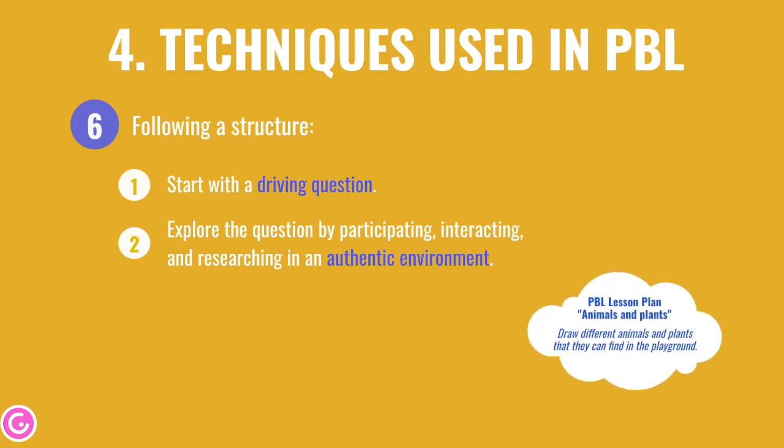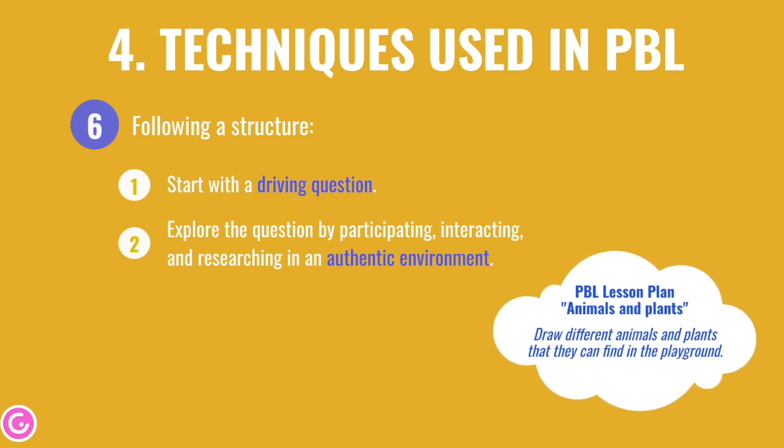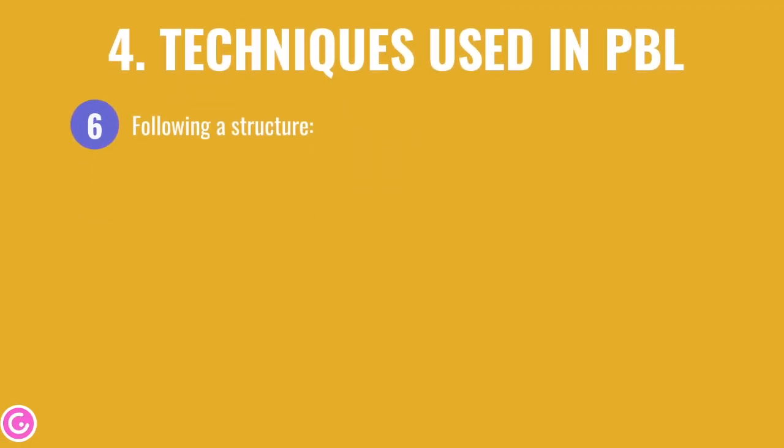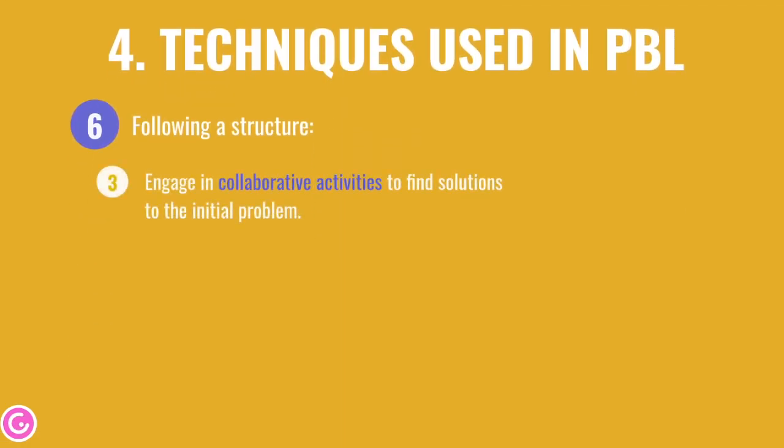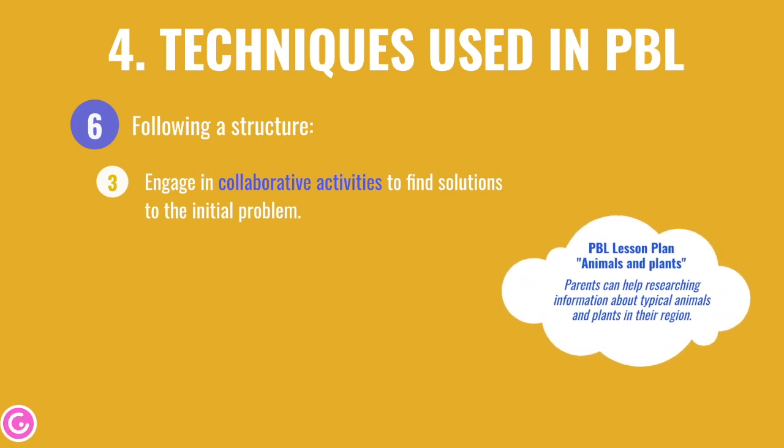In the same PBL lesson plan of Animals and Plants, a way of exploring the driving question can be: students will take their field notebook and draw different animals and plants that they can see in the playground. Third, the stakeholders involved can also participate when finding solutions to the initial problem. For instance, parents can help in this lesson plan when researching information about typical animals and plants that they can